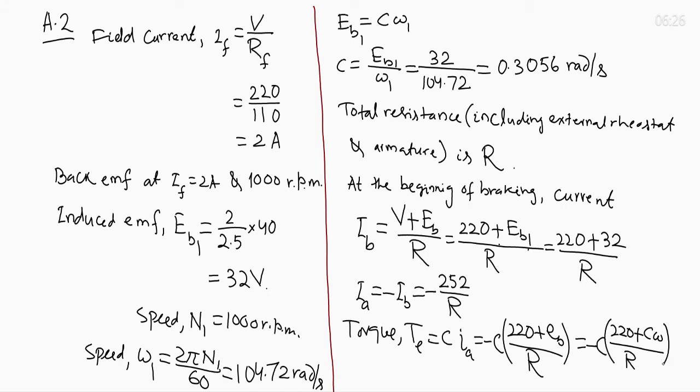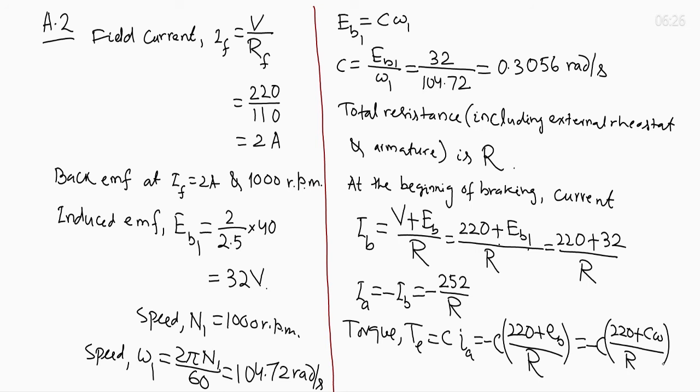You just closely analyze the equation. You see the minus sign is coming because torque is negative, because current is in the opposite direction to the motoring current. So, torque is also opposite to the motoring torque. So, current and torque are both negative, indicating braking action, and here back EMF EB constantly reduces with speed, as due to braking speed reduces. So, back EMF EB also reduces all the time; when the speed is omega, instantaneous back EMF is C omega. So, this is the expression of the torque.